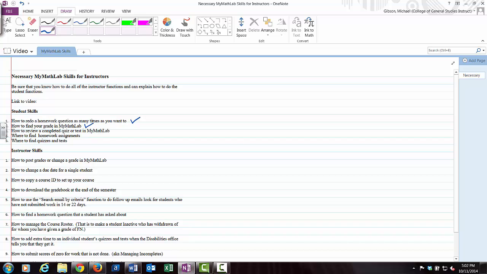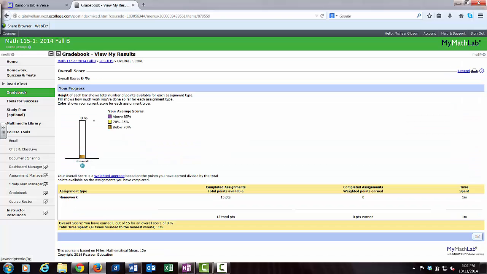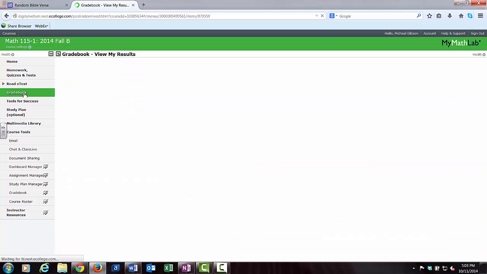How to review a completed quiz or test. It's the same thing here. What they'll do is they'll try to go back into their homework assignments, but if it's a completed one, they won't be able to see it there. They won't be able to get in. They have to pick gradebook,